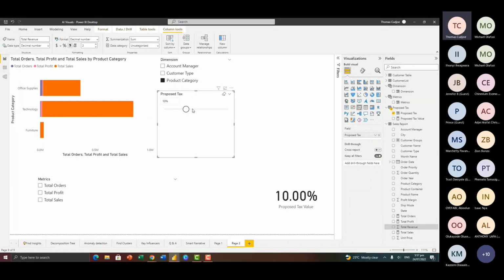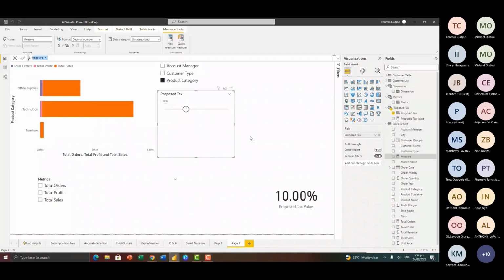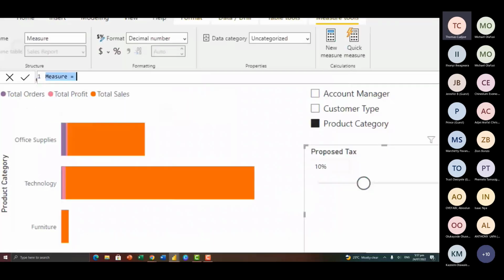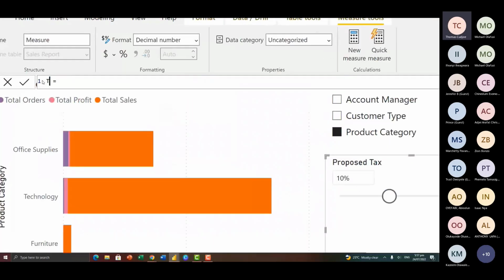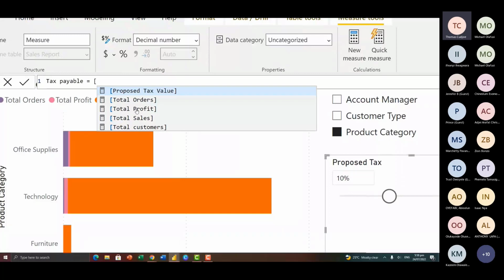So I'll create a new measure. I'm going to call this tax. First, we are going to look at tax payable. And this is going to be equal to our revenue. We already have our revenue measure, so we are going to apply the tax on the revenue.